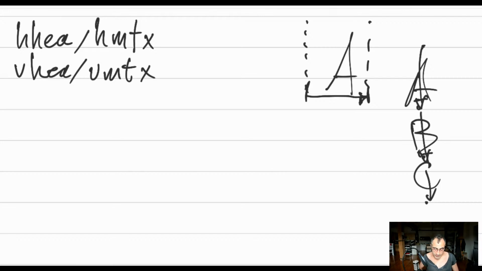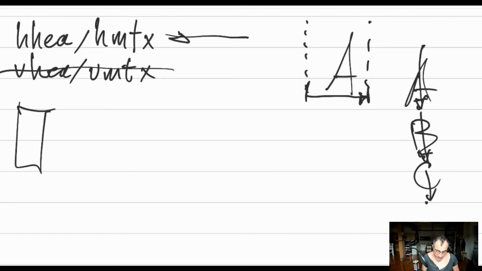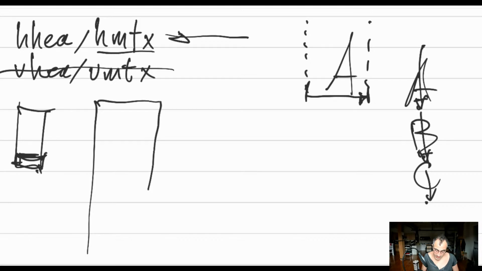HMTX, again, the way they are stored. I'll focus on the horizontal one. The vertical are similar, literally similar. So the HA table just has some header information, and it has one field that is relevant to how the HMTX is interpreted, or one or two. But the point being that the HMTX, again, is an array. It's just an array